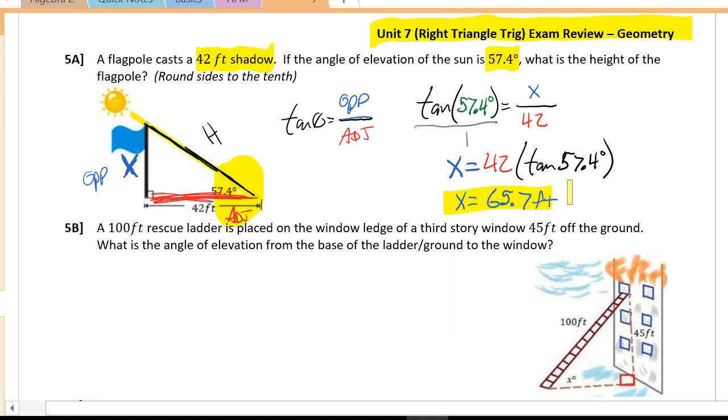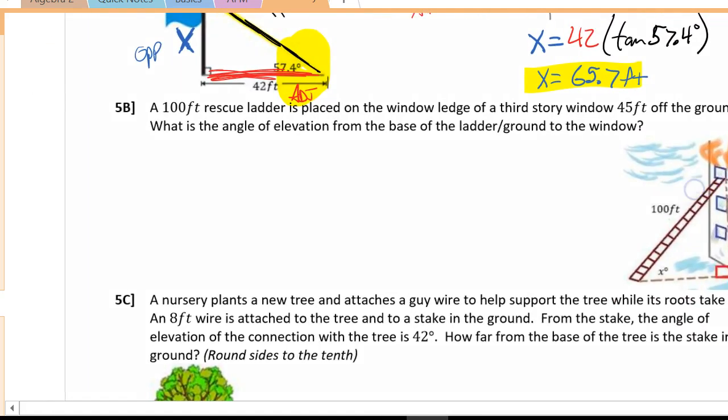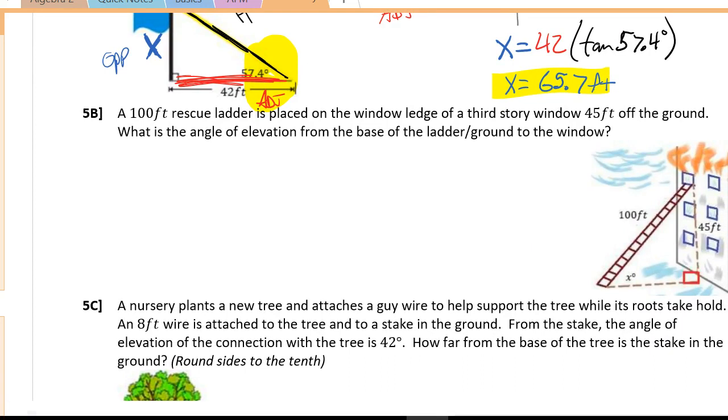65.7 feet. Okay, for 5B, a 100-foot rescue ladder, so the ladder is 100 feet, is placed on the window ledge of a third-story building window that is 45 feet off the ground, so 45 feet off the ground. What is the angle of elevation? So I'm trying to figure out the angle of elevation from the base of the ladder on the ground to the